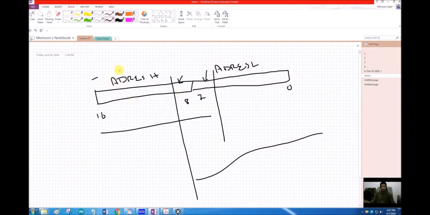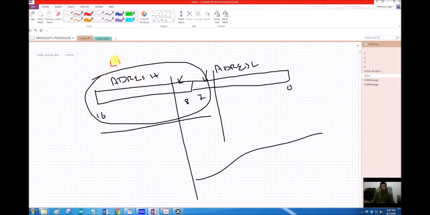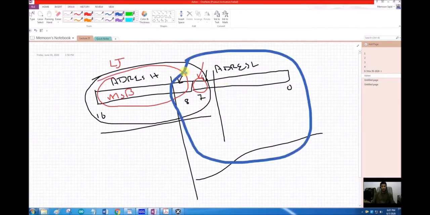So in the first case, we call the data left justified. The MSBs are completely present inside ADRESH, and the 2 LSBs are present in ADRESL. So this is left justified. And in the second case, where 8 bits are present in ADRESL and 2 bits are present in ADRESH, the LSBs are present in ADRESL and 2 MSBs are present in ADRESH, and we call it right justified.